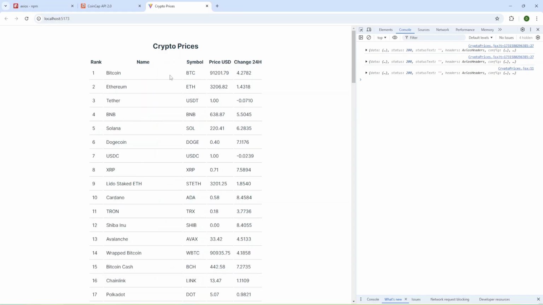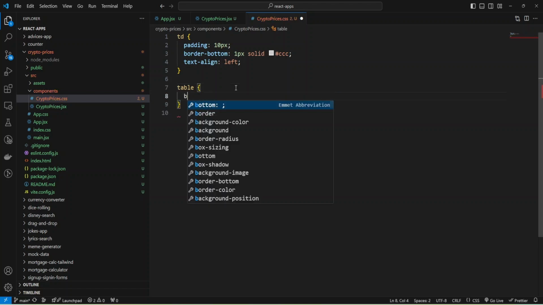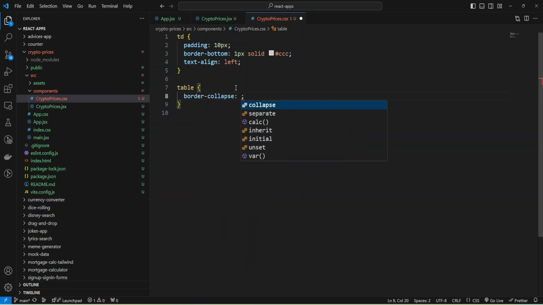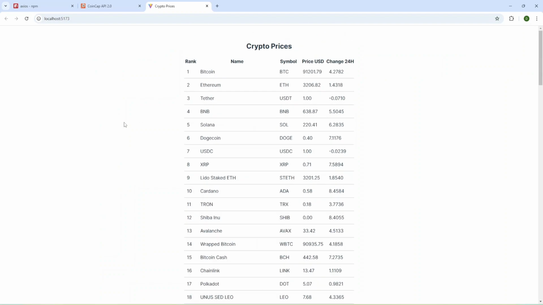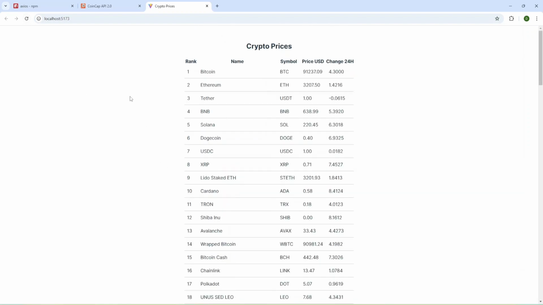And as you can see, we have our styles, and I can adjust this border, and let me provide styles for the table, and I'll make border collapse, and we'll make it collapse, and it will make our border look clean, and we have our styles, and let me close developer tools, and now I can refresh the page, and as you can see, we have all data from the API, and we have 100 coins. And refresh again, and we have data again.